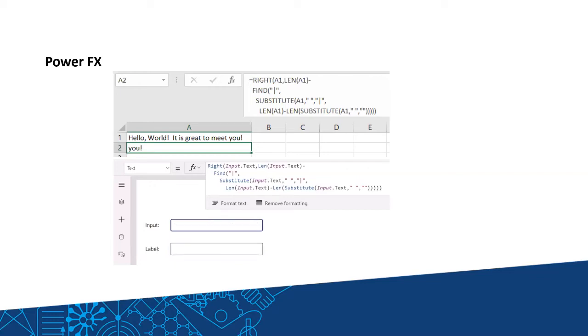And here is also the formula from Power Fx in a Power Apps application, with the same formula in which cell references are replaced with references to control properties. When the input control value changes, the label control automatically recalculates the formula and displays the new value. There are no on-change event handlers that are common in other languages.